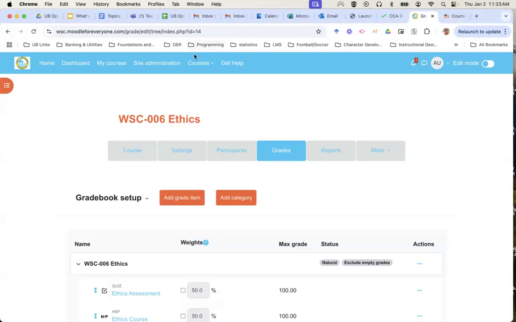Just another follow-up question to the gradebook question. Is there any integration between the Moodle gradebook and the Banner gradebook? Because the official grades will still be housed in Banner. Yes, the short answer is we do have an integration between Banner and